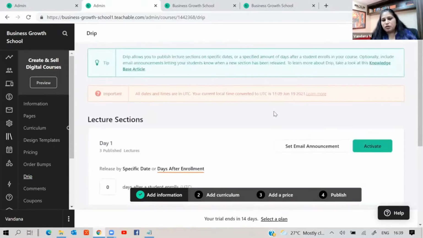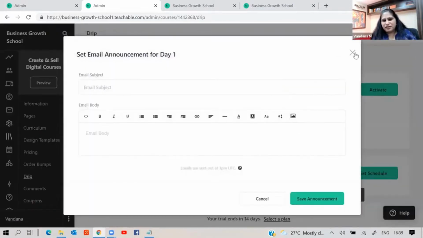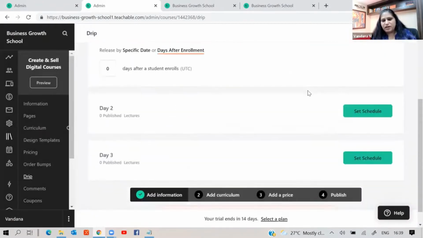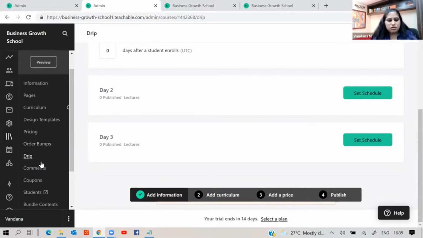Okay, I tried this once, but it unnecessarily created some issues, and I deactivated it. It was not needed. Okay, and you can also send an email that this course will be active only after 2 days, whatever is the necessity that you have. Okay, it depends on your subject. If you need something like that, it is a possibility, and I think it is given in the basic plan. No, we are on the trial day. So in the trial, they give the professional version. Otherwise, this may not be available in the $39 per month plan.